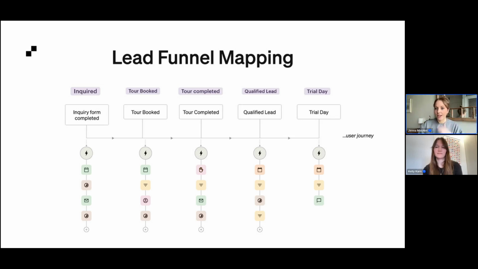So every different account type could have a different nurturing sequence. And the account type in Optix actually works as a bit of a pivot that either keeps everything in the automation or takes the user out of that automation. So for example, if you have somebody, as you can see also on this, all the little icons that follow underneath tour booked, for example,